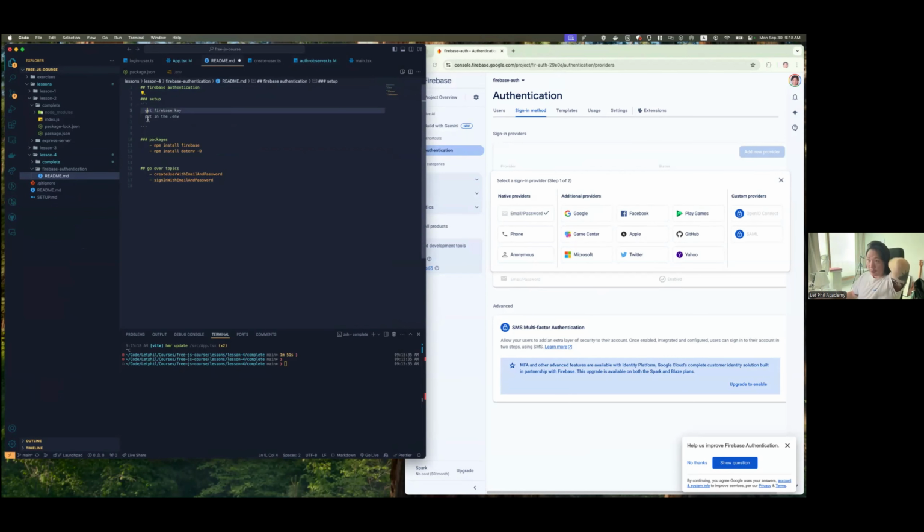First step, get the Firebase key and then put it in the environment file. And then you npm install firebase, and npm install dotenv, so you can use the environment variables. And then we'll go over create user with email and password and sign in with email and password. All right, so the first thing we'll do is